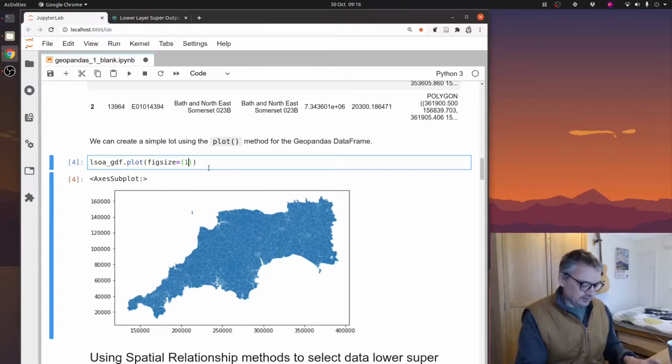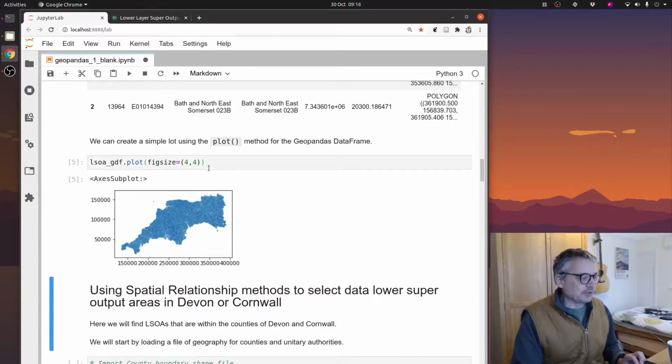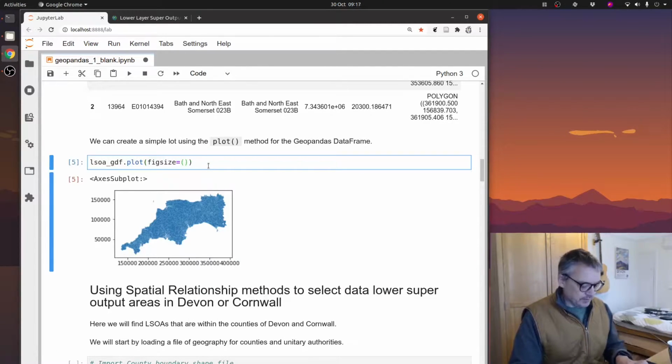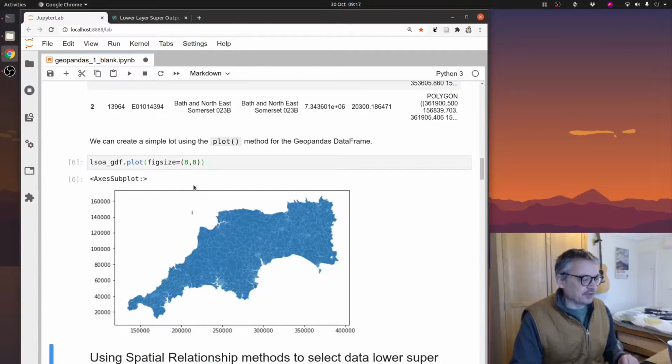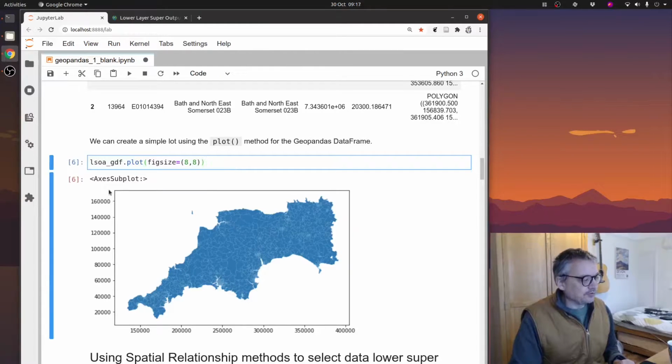So if I did 10, well, let's do a small one, 4, 4, my output's going to be smaller. Let's go back to 8, 8. But it will shrink one of the axes to make it fit our actual data. Now, the only difference between having the semicolon at the end and not is that it puts this axis